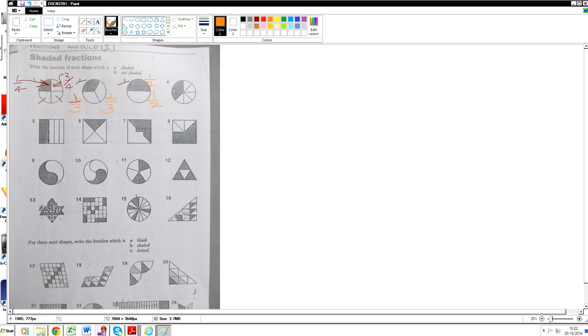Good. Right, question number 4 is a bit of a trick question because the shaded area has not got equal pieces in it. So what we need to do, we need to put equal pieces in there, so we can get a straight line. Okay, now if I put those two lines and make them darker,